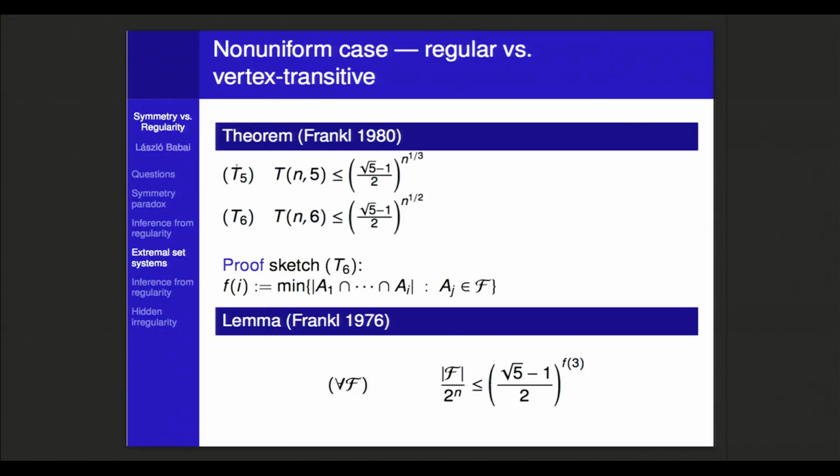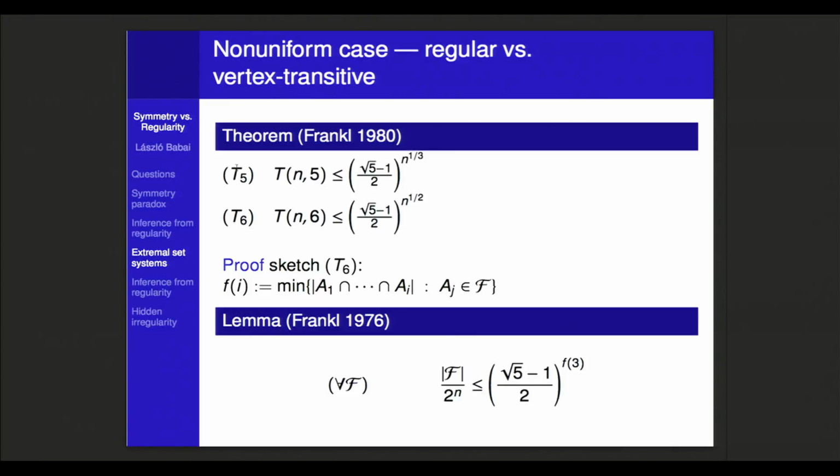I very briefly sketched the proof for T6. So let f sub I denote the minimum possible size of I-wise intersections. If I take I of the edges of the hypergraph, they have intersection sizes, and we look at the minimum possible size of those intersections. And look at the number f3. So f3 is the minimum size of 3-wise intersections, and Frankel has a beautiful lemma which says that the density